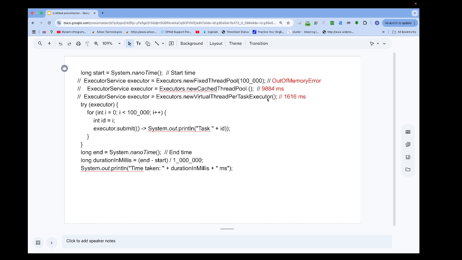Suppose we have 10,000 threads and 10,000 tasks. If we use fixed thread pool, we will get out of memory error. For 10,000 tasks, if we use this traditional thread, we'll get the out of memory. In that scenario, we can use virtual thread. So virtual thread will give good performance, and it will allow us to execute 10,000